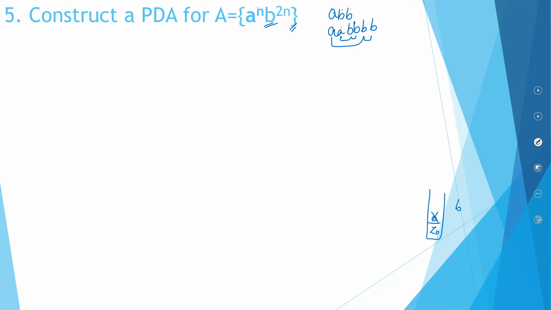But now, for each A, you need 2 B's. So we can do a bit of mischief over here. To do this kind of an automaton, we can think of a logic like this. As you all know, it is A, B, B, or something like this, A, 4 B's. Now, you can think your logic to be like this for the stack.